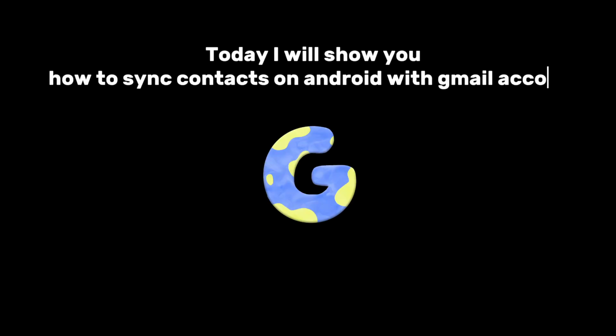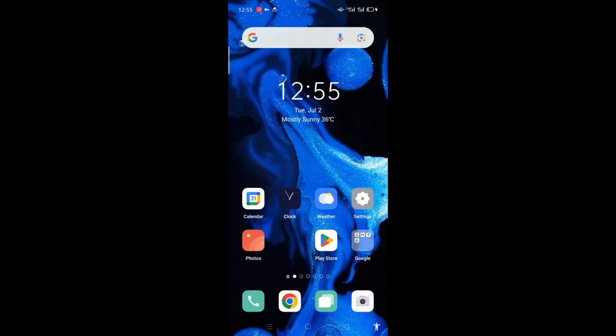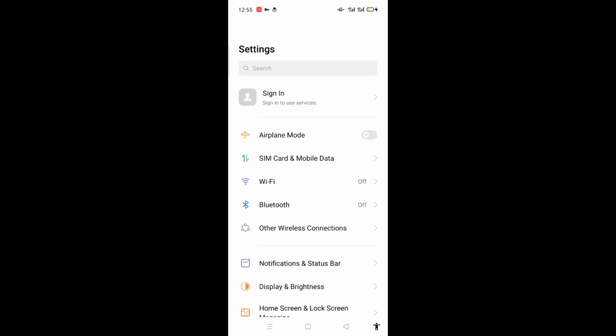Today I will show you how to sync contacts on Android with a Gmail account. So here you can just open the settings of your phone, because from the phone settings you will have to find sync contacts. So you can just scroll down